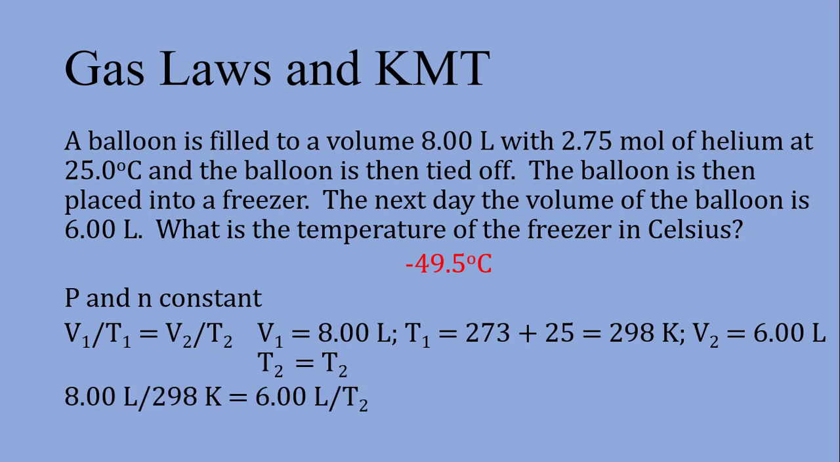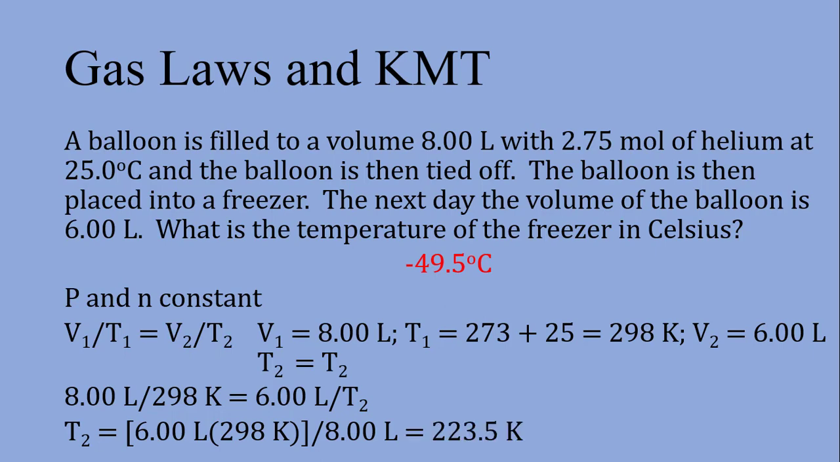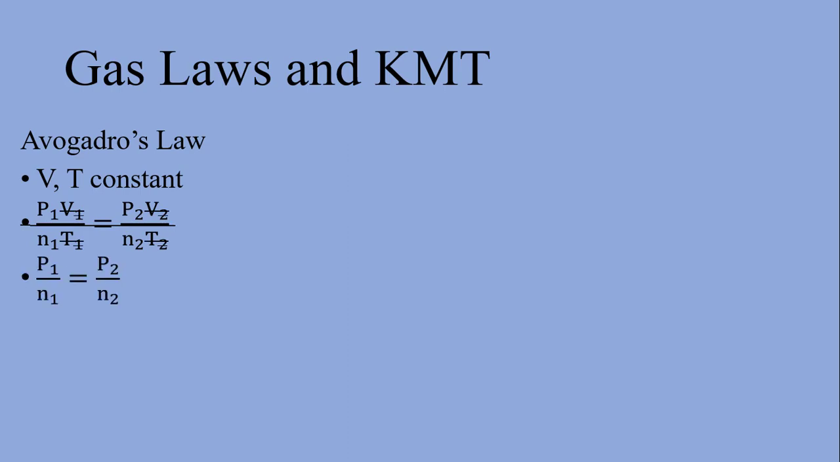Plug the values into the equation. Rearrange the equation so you can solve for T2. When you do that, you get 223.5 Kelvin, but the question asks for the answer in Celsius, so you have to subtract 273, and that gives you negative 49.5 degrees Celsius. And last but not least is Avogadro's law. Here we're holding volume and temperature constant. So the combined gas equation, when you remove that which is constant, becomes this equation, P1 over N1 equals P2